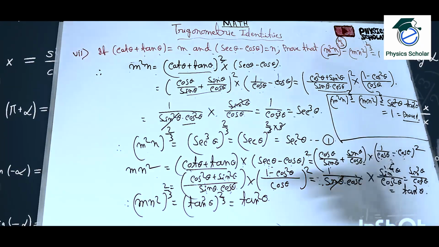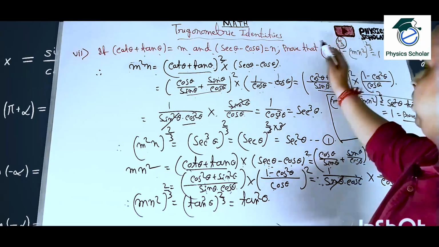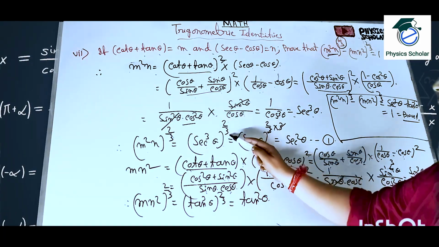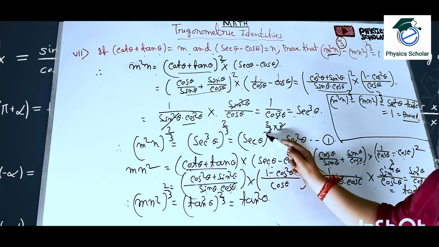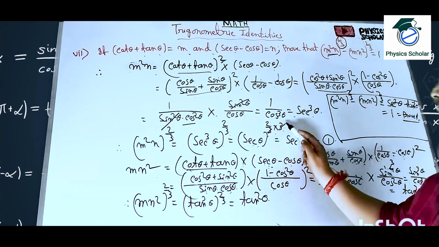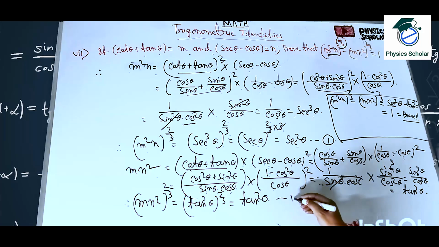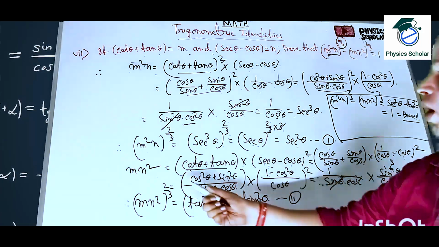That is equal to sec cube theta. Clear? Now let us bring the whole to the power 2 by 3. Sec cube theta whole to the power 2 by 3 is sec theta whole to the power 2 by 3 into 3, the 3 will be cancelled, that means sec square theta. It is equation number 1, and you can say it is equation number 2. Clear? Now next one is what?